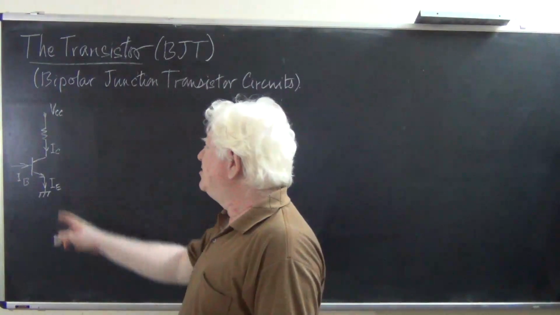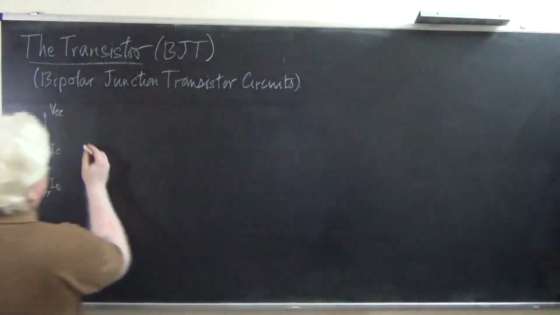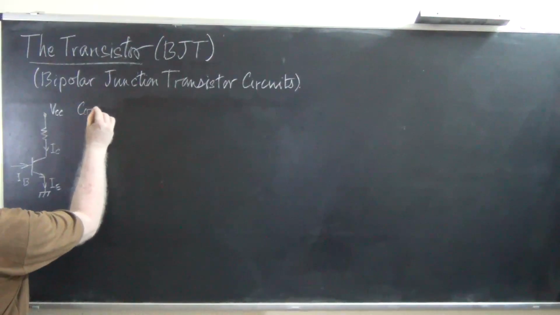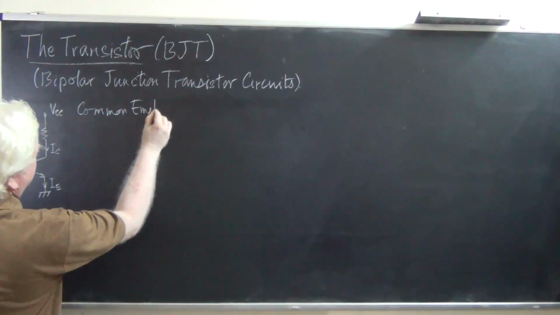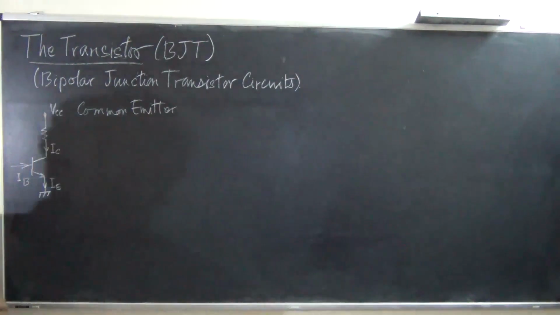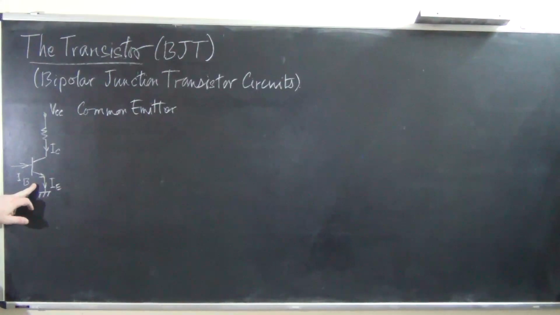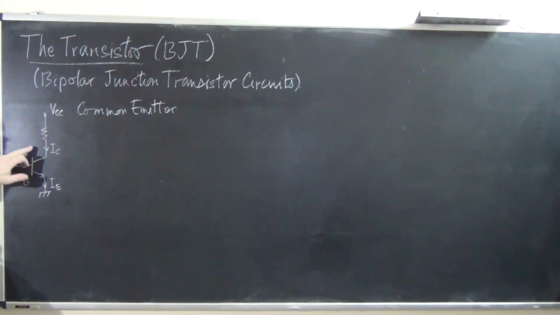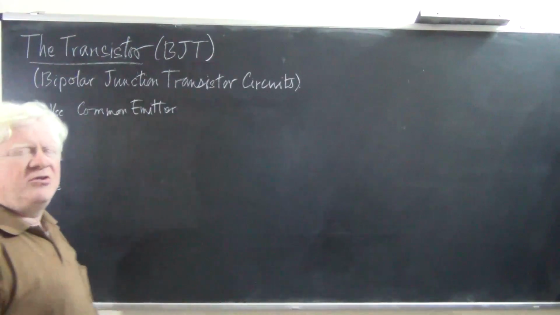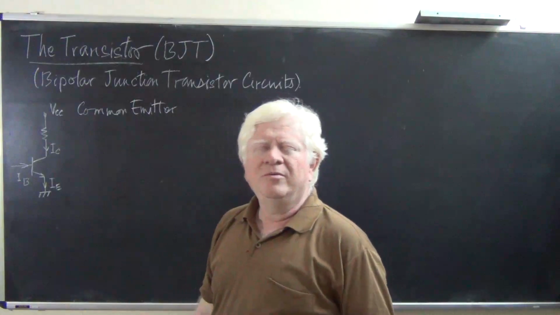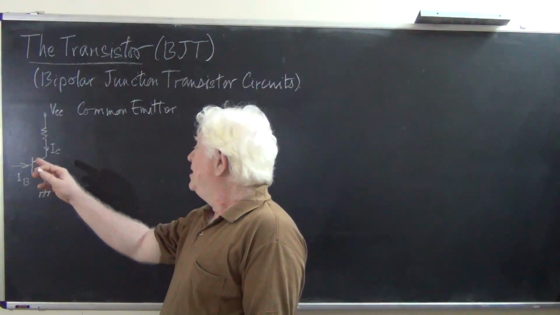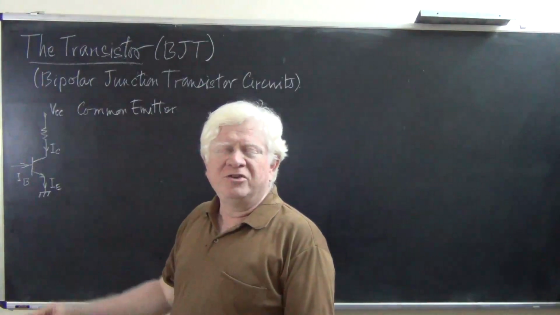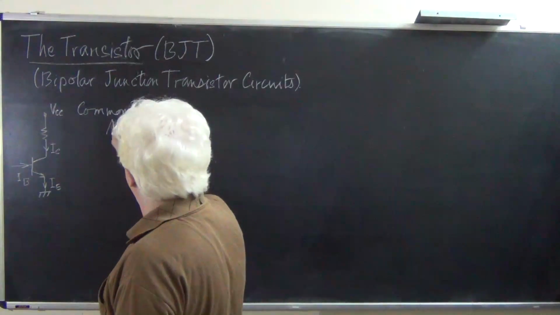So here is the basic transistor circuit operated in what is called common emitter mode. This, as you know, is the emitter. This is the base terminal and this is the collector terminal. Other facts that you will recall about the transistor include the fact that in normal operation, or what is called active operation,